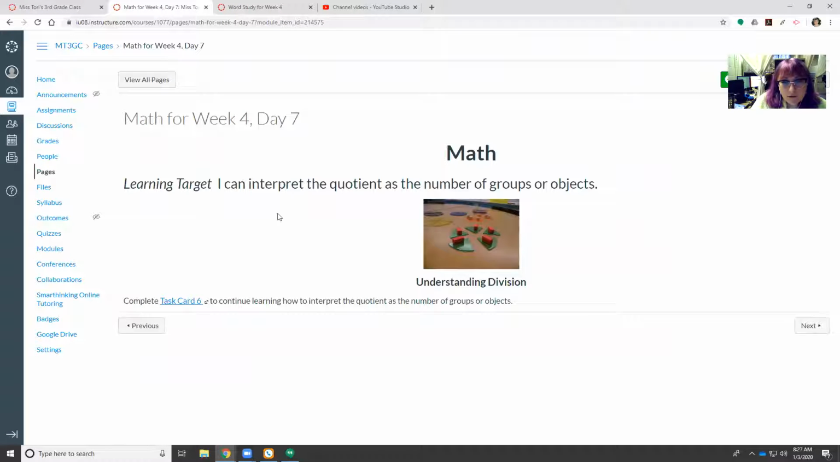For math, your learning target relates back to our essential question. I can interpret the quotient as the number of groups or objects. So we're working on understanding division, and there's a new task card for you to complete. And then